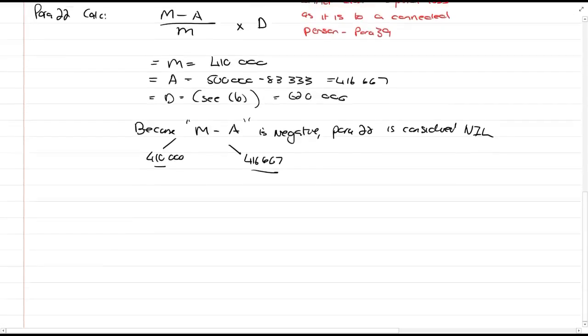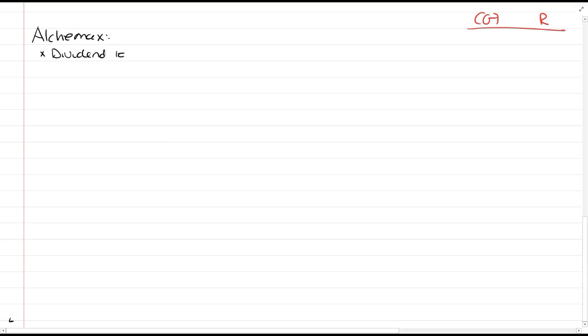Okay, so this is Alicia, guys. After everything we've done, I'm just going to make another rands column and CGT column there just to make it a bit clearer for us. And this will be Alcumax dividend to Garth, section 7.3. It's 50,000. That's the gross amount, remember, times 50%.